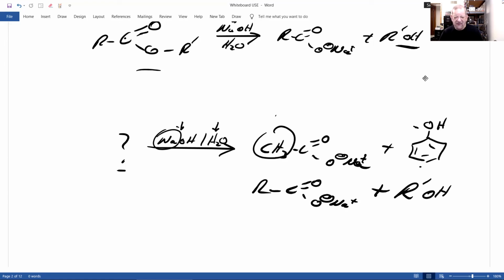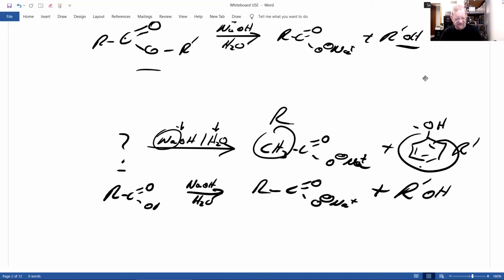What's my R group? That. What's my R prime? The benzene ring. And what do you react with base, sodium hydroxide, and water to make those two compounds? An ester. And therefore, knowing this, I can say our group is this, carbonyl,